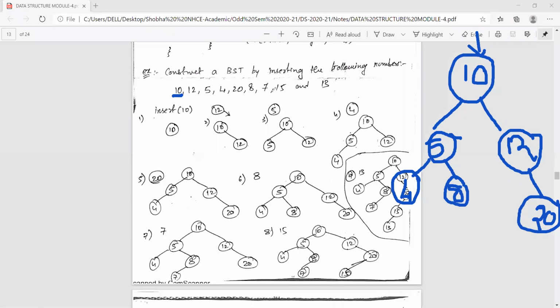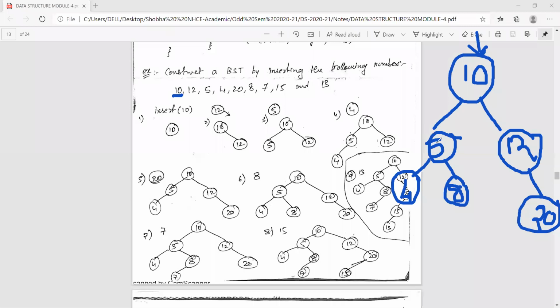Next node is 7. Whenever you are inserting a new element into the binary search tree, you will always start from the root. 7 is greater or lesser than 10? Less, ma'am. So where should I move? Left side. So it will move to the left side.